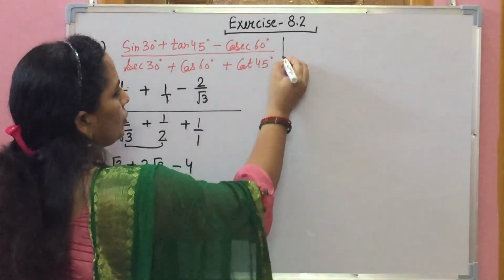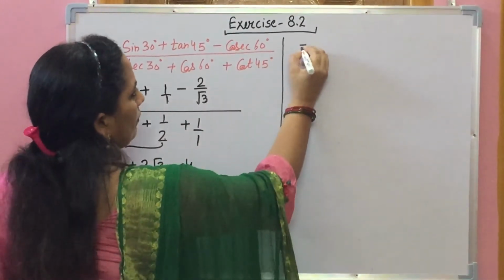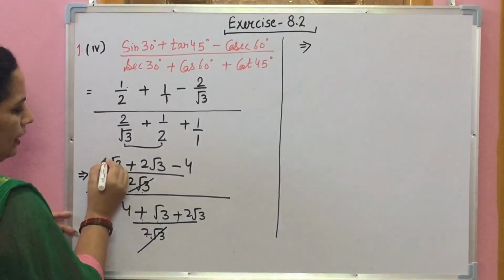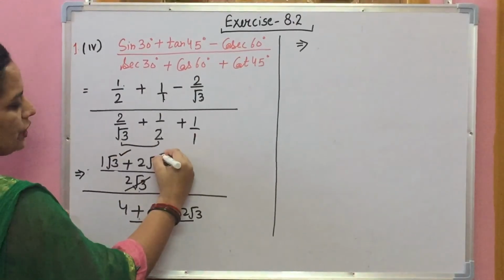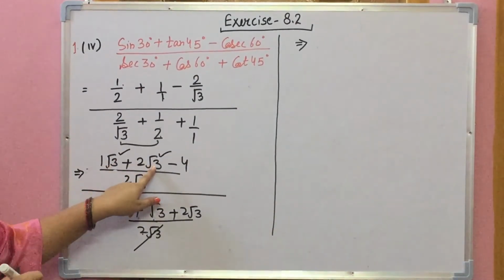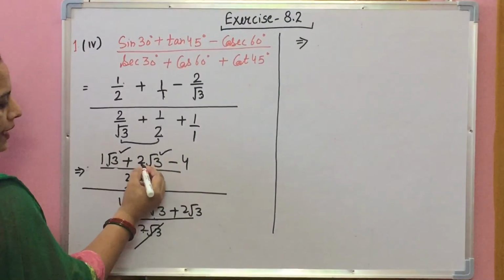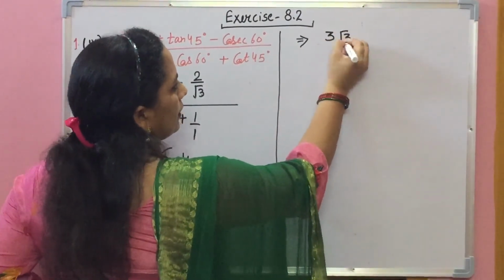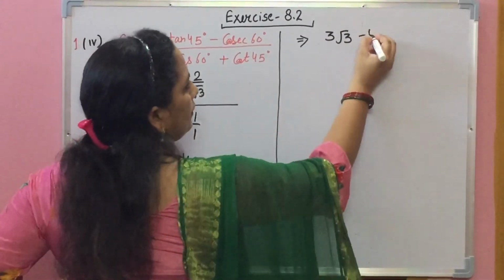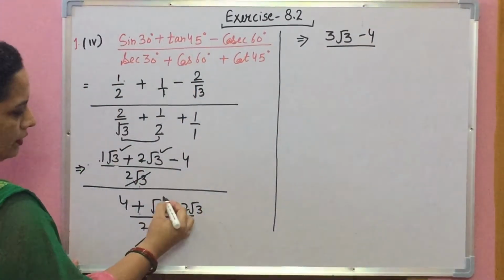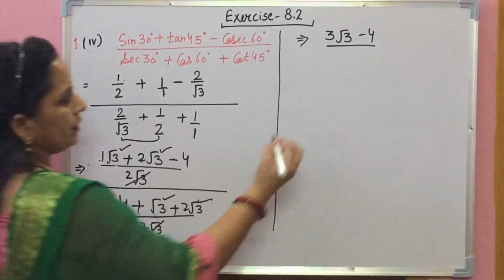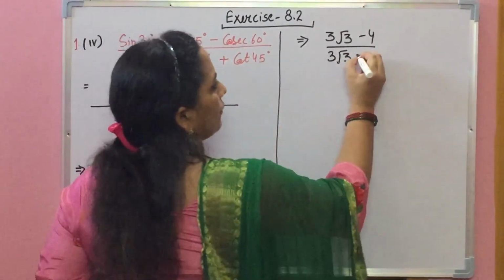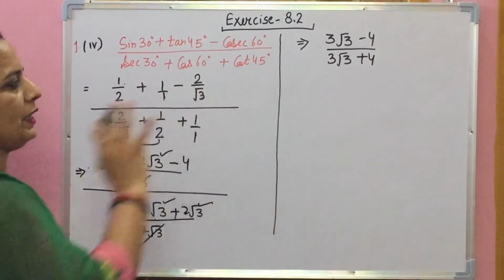Now the further solution is like terms. If we have like terms, we can add these terms. Here we can write 1 square root of 3 square root of 3. These two terms are like terms, so we can add. So we have 2 and 1. This is 3. Then minus 4. Like terms, 2 and 1, 3. Then we have plus 4. सॉल्यूशन कंप्लीट हो चुका है.